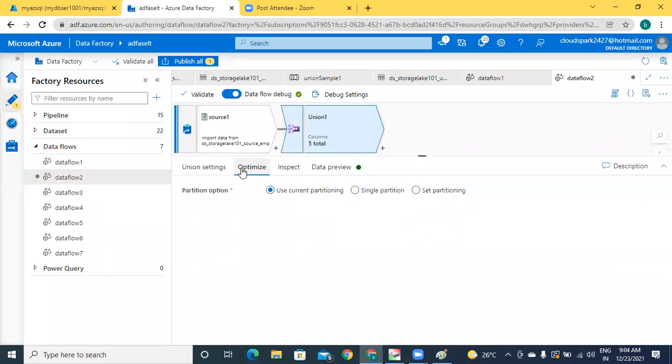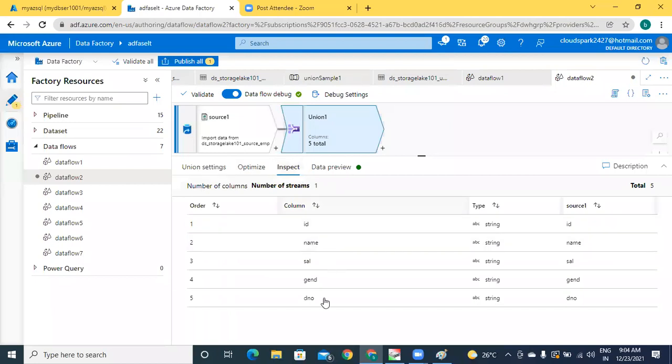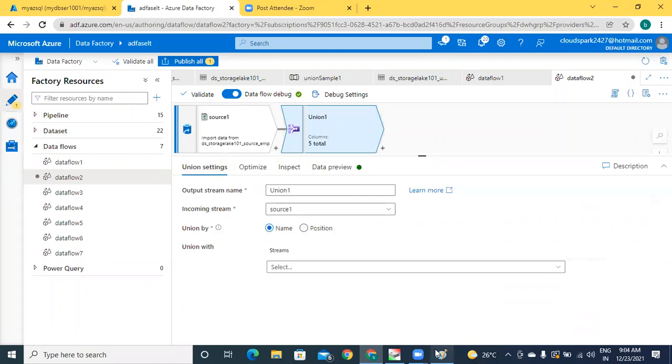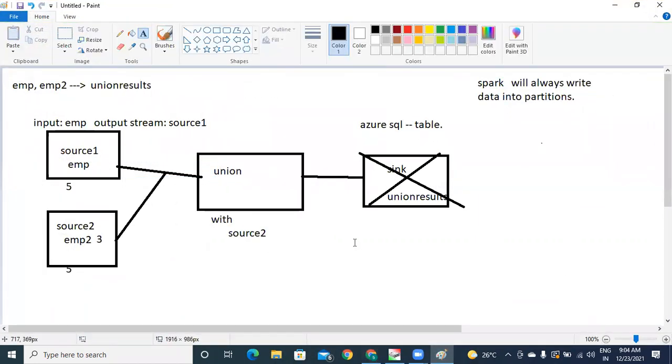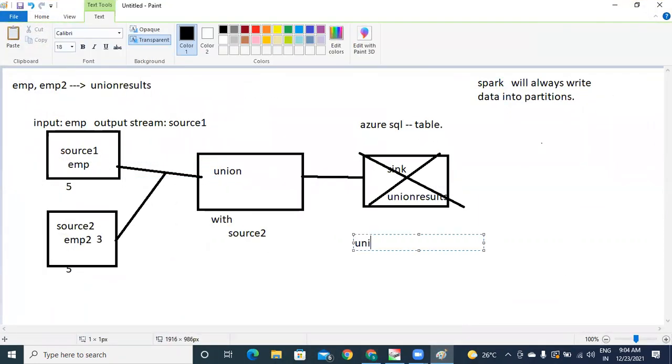In the case of optimize, that is performance-based parameters. For inspect, that is mapping schemas only. There is no option to control it like basic SQL union and union all. We don't have options like this.